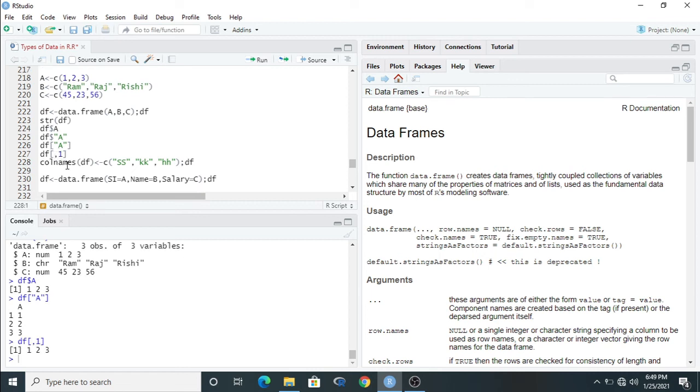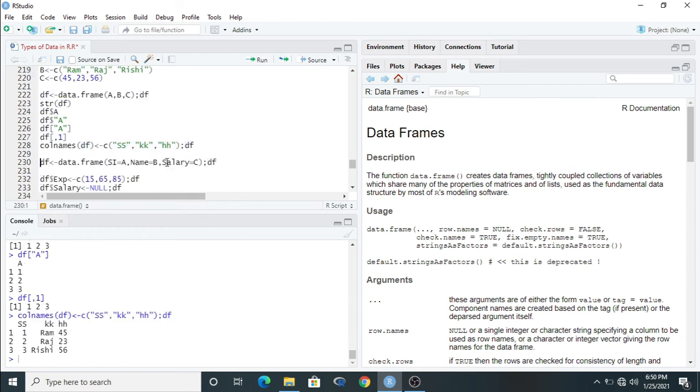As with a matrix, you can use df with all rows and the first column, and it will be shown like this. Then if we have to put the column name here, you can also use your column names, as we previously did with a matrix. But here we use the data frame df, and there are 3 columns, so we have to put 3 characters differently. Just run this and you can find the column names ss, kk and ss.